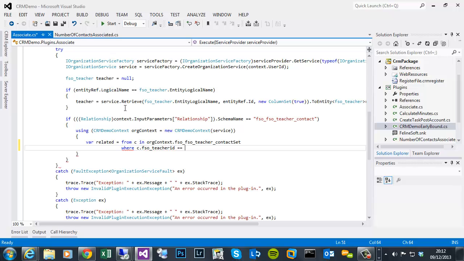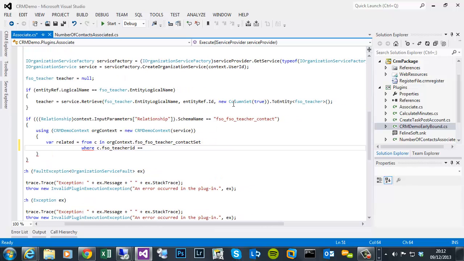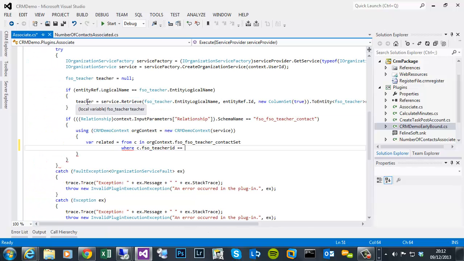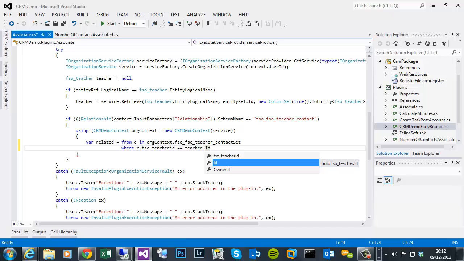equals, so we've done a retrieve of the record. So when this associate or disassociate happened, it passes in an entity reference for the record that's having records attached to it. So there'll be an entity reference for this; we've cast this teacher here, where we can see I've done a retrieve of it, but at the very end, where I've surrounded this in brackets, I've done this to entity reference, so it casts it to an early bound type in this teacher record. So in my query, all I need to do is, the teacher ID equals the ID of the record that's being associated to or disassociated from,